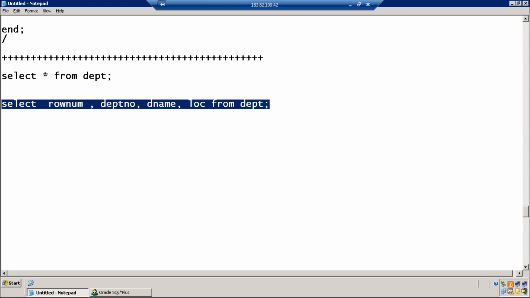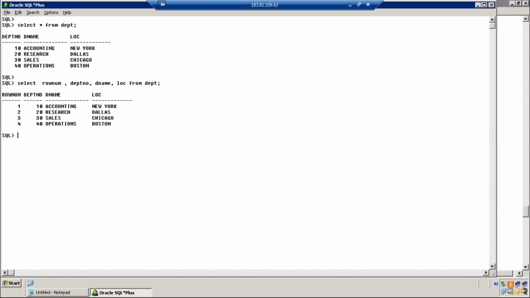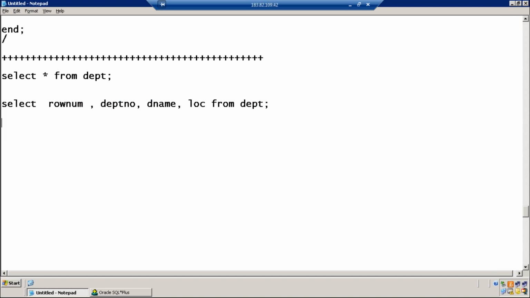How many columns of output do you get? 1, 2, 3, 4. Instead of writing all the 3 columns, you can write star. Star will give you all the 3 columns. But this will not work alone. You need to create a table alias D and write D dot star.